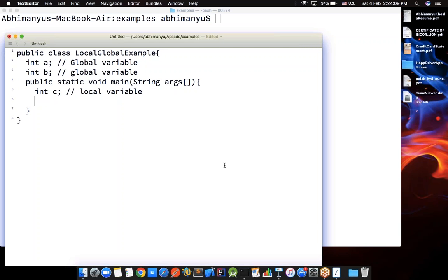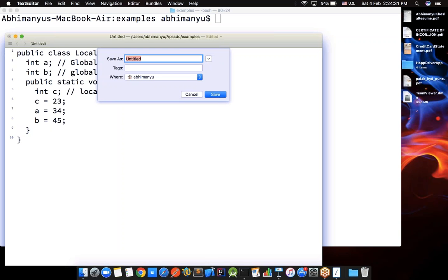So let us try assigning c a value here, 23. And let's assign a value for a as well, 34, and for b let's assign 45. Now when I run this program,